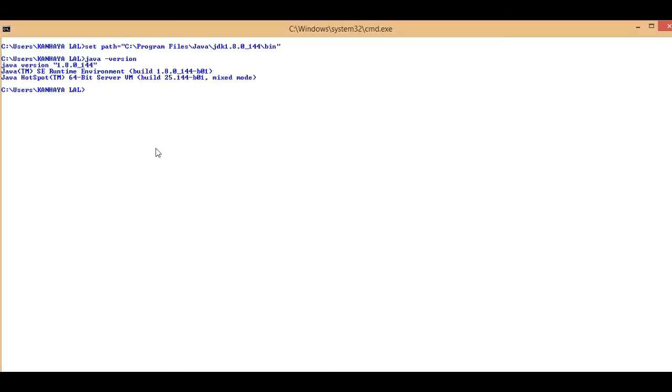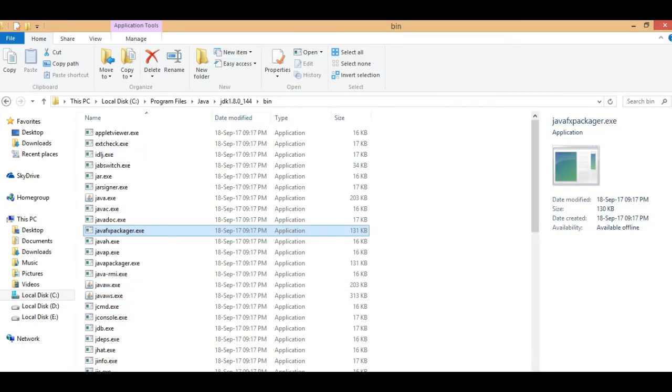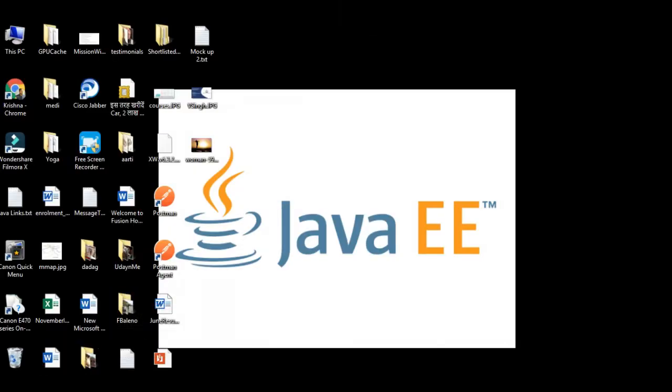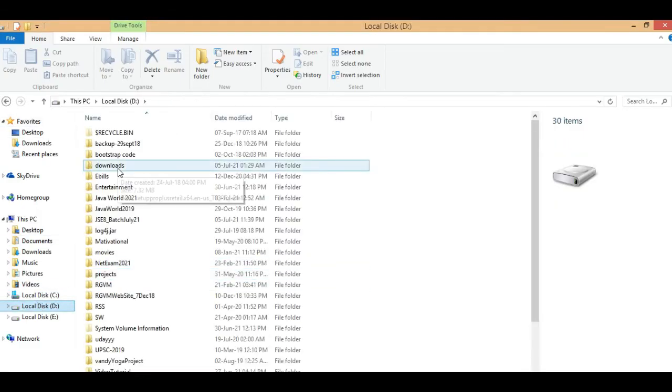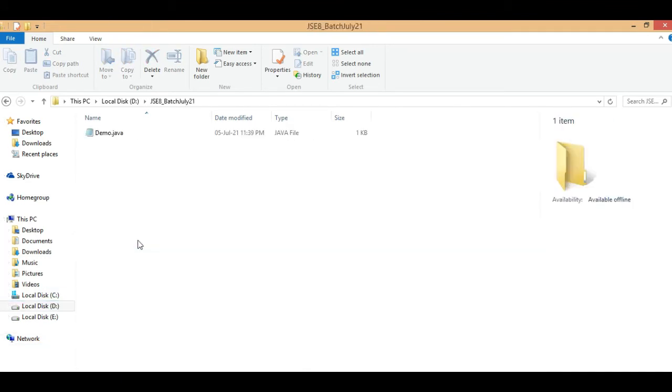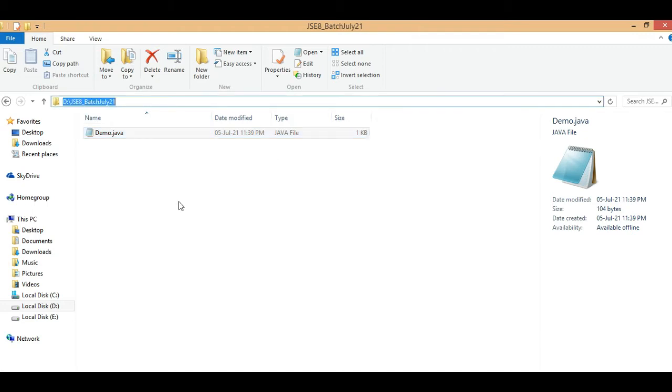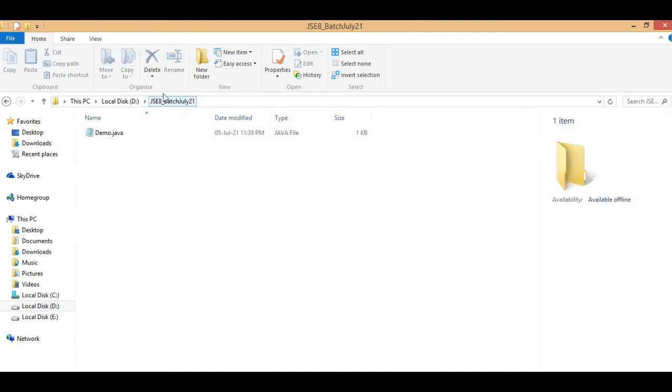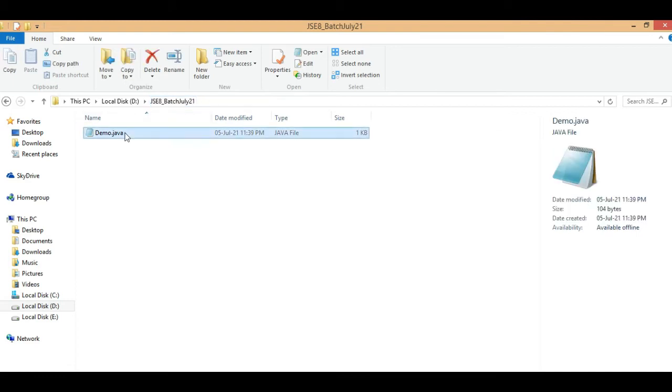This is the path where we saved our program, Java SE batch July 21, demo.java.